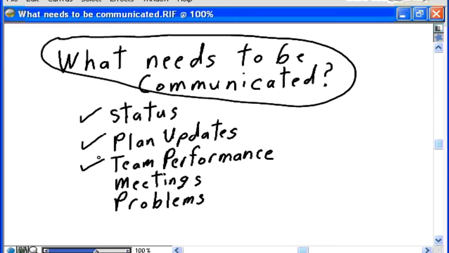So as you can see, project communications is not a one-way street. Project communications is not all about you, the project manager, distributing information to the project stakeholders. Project communications is all about the team communicating their status, their information, their problems, their worries, their concerns to you, so that you can deal with it as a project manager and, if appropriate, communicate it back to the project